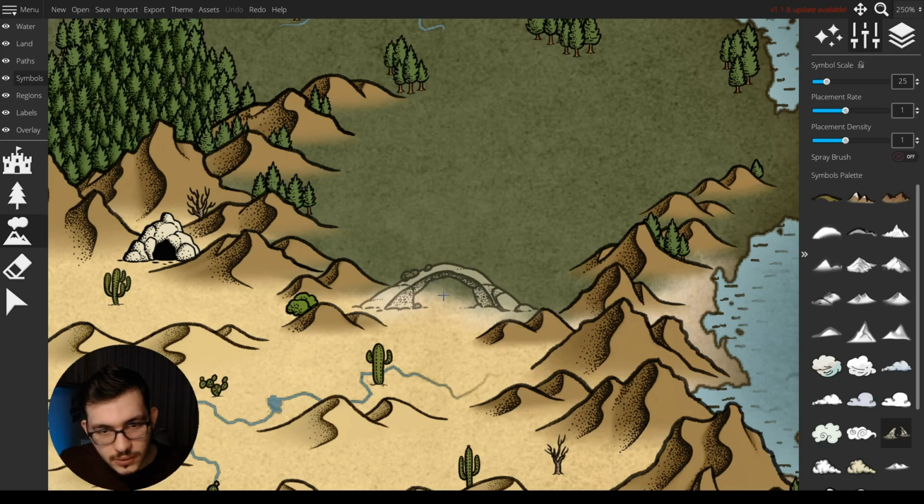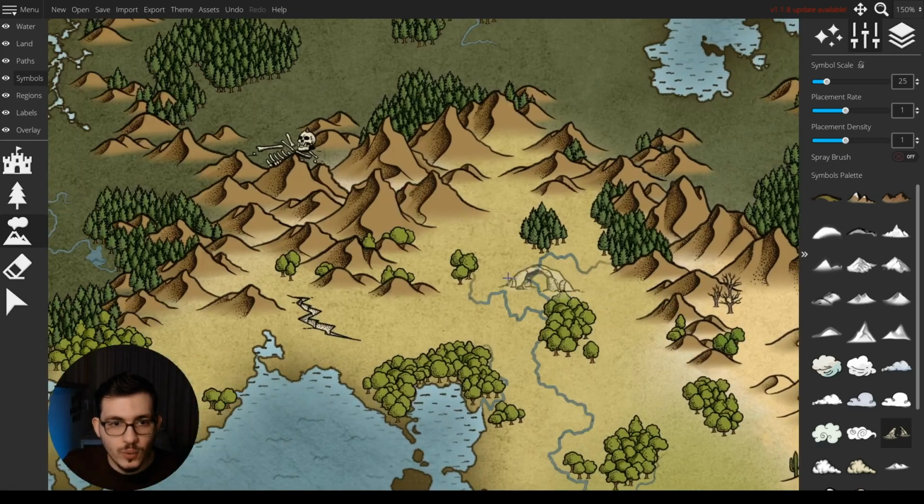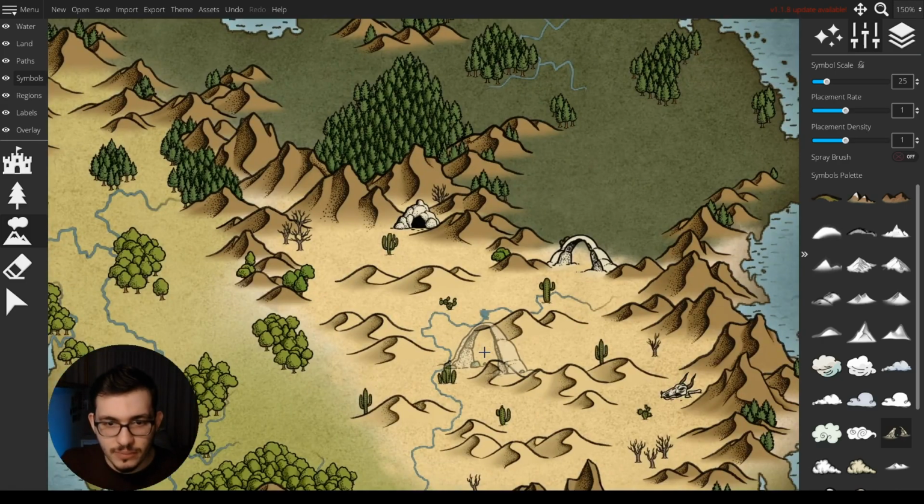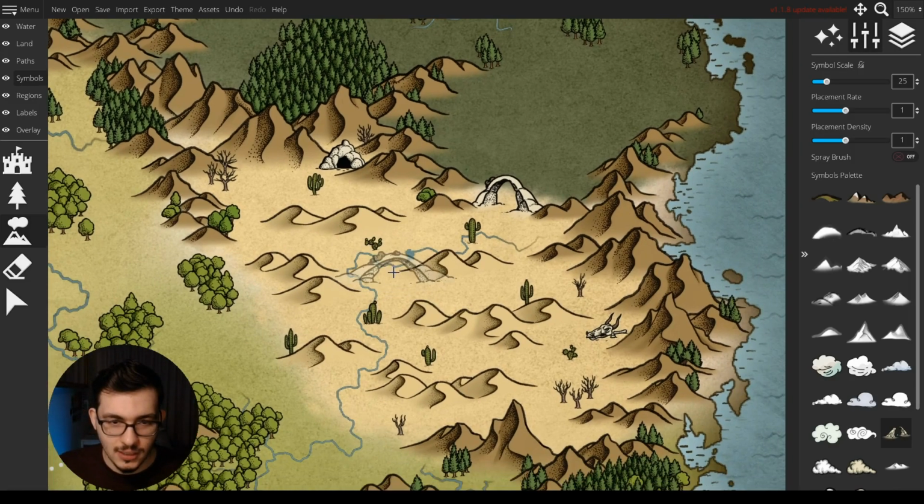I have an idea. Here, and another one on the map, but it will be broken. So there is a plot behind it. There is some story behind it. It was the two gates before, and one of them was shattered. It was supposed to be a portal going somewhere, and they shattered one of it.